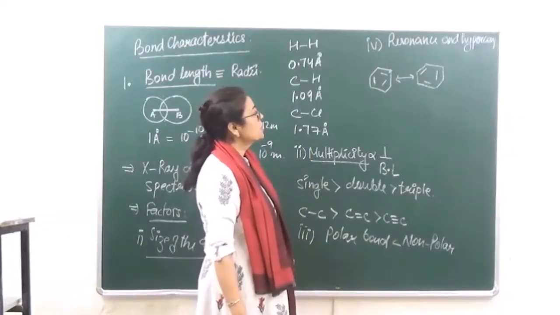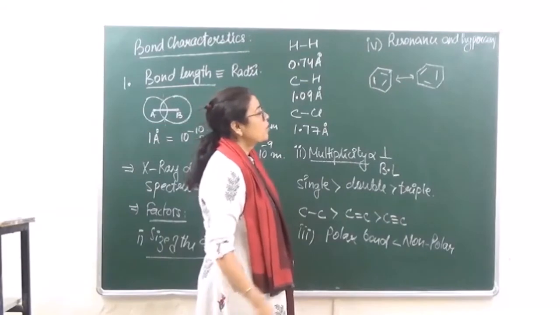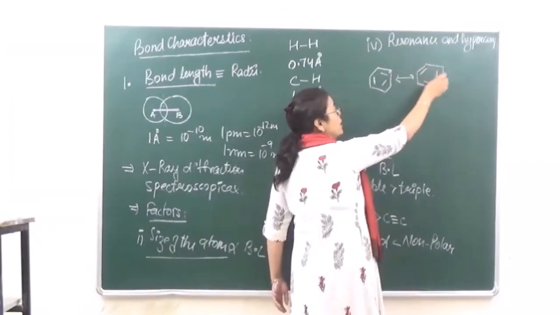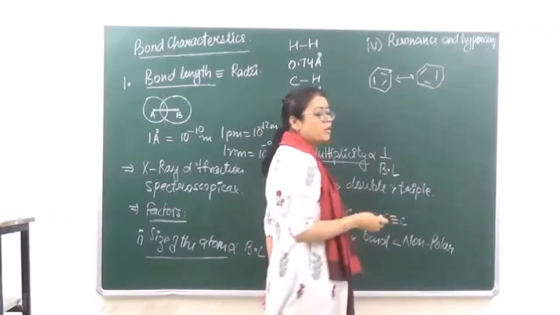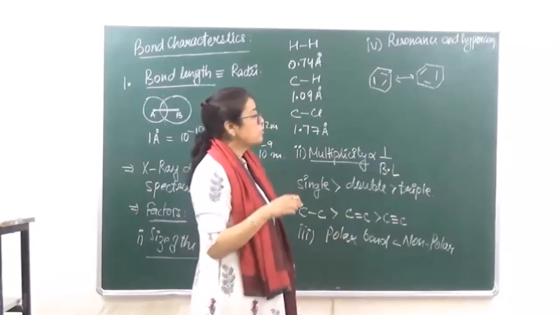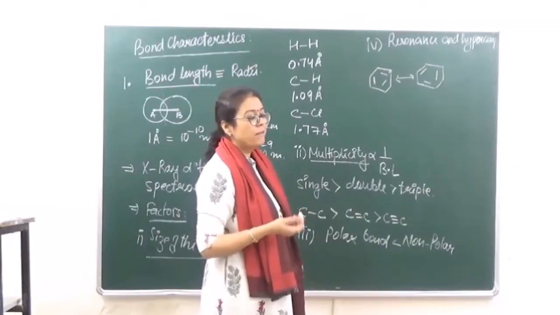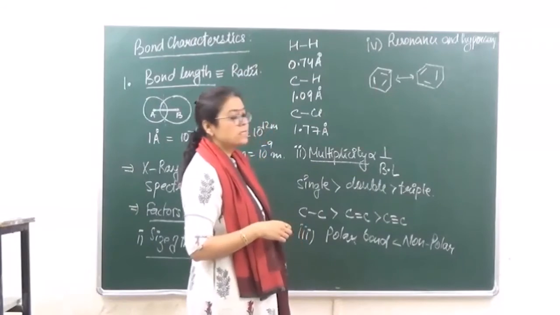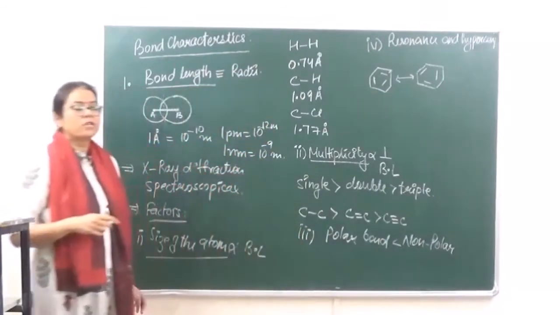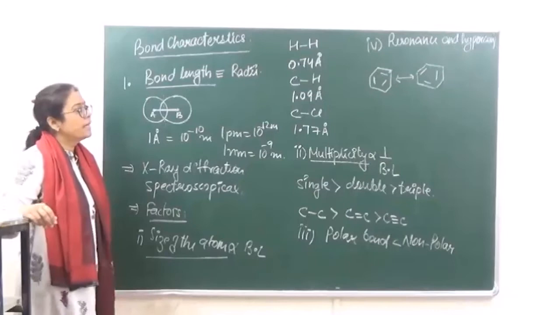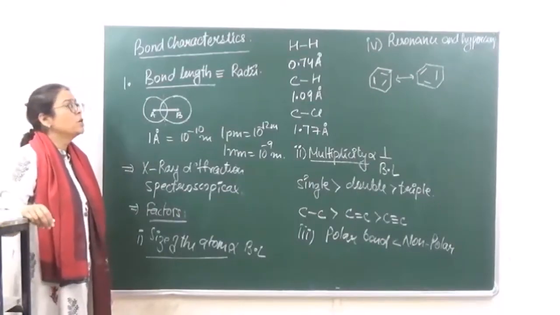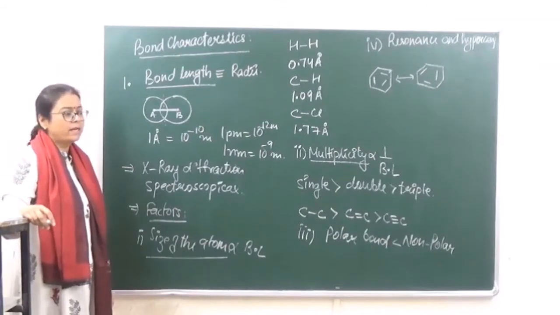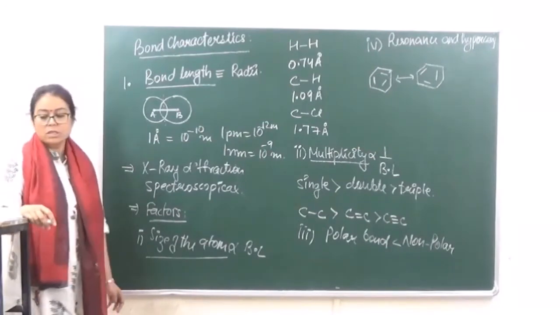Okay, so because of this delocalization, now what will happen? Here there was a single bond, here it became a double bond. So it cannot happen that the bond length changes. The bond length cannot change. So there is an average bond length which is given, which is affected by resonance. Okay, and hyperconjugation also shows a similar kind of effect. Hyperconjugation is no-bond resonance, so that will also show a similar kind of effect. Both these topics we will discuss in detail in organic chemistry. Okay, so this is the bond length.